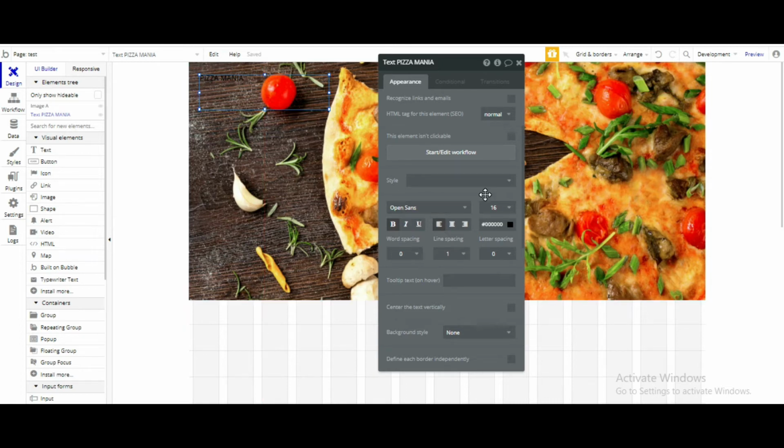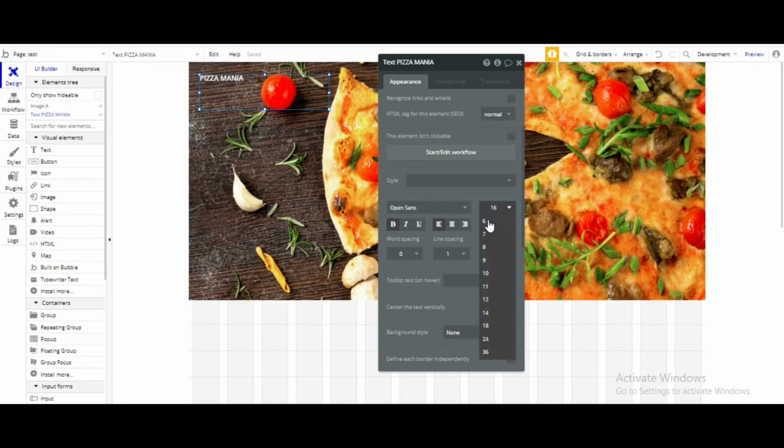So now we have removed style. Whatever style we create here will apply only to this element. Nothing else will change. So let's first of all change its color. Here we have this color palette. From here we can change the colors and from here we can reduce or increase the opacity, whatever we like. So let's just make it white. See, as soon as we change the color, we are able to see our text.